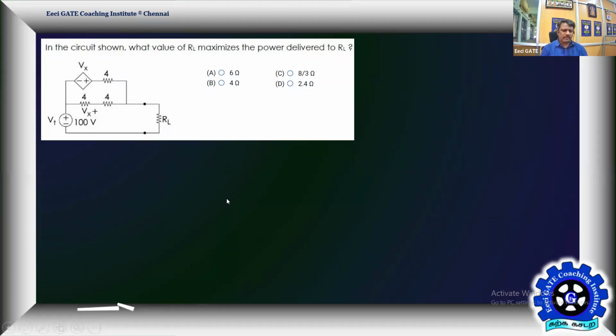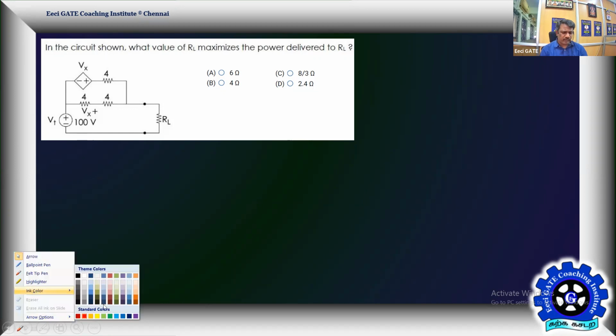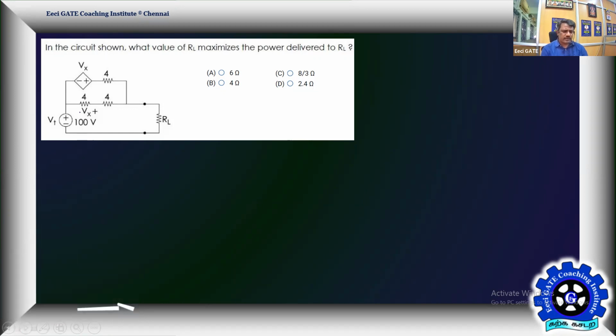That is depending on the potential Vx, and the polarity marking is not clearly given, so you have to take it. Only the right side potential of Vx is given, so this is minus, you should take this potential. So this is a 4 ohm resistor, you should take it even though it is missing. This is how you need to fill in the problem. So the voltage across this 4 ohm resistor is given as Vx.